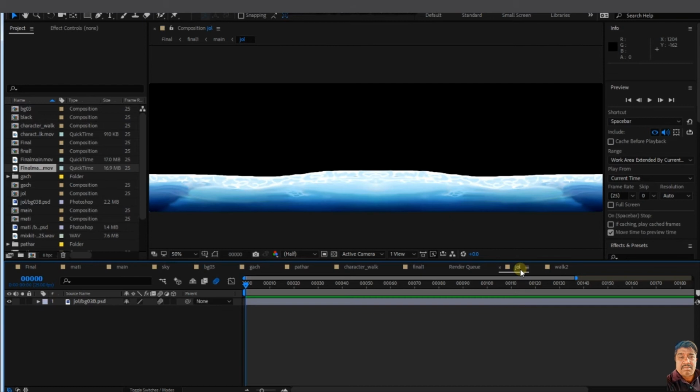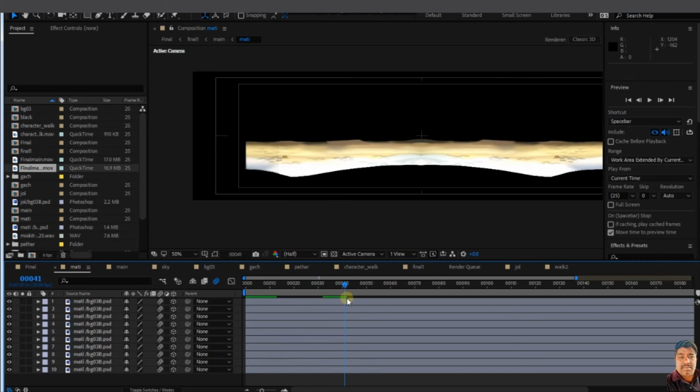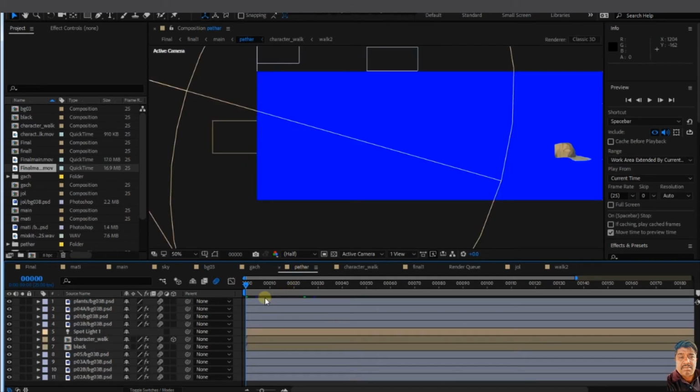Means this is my water composition. Base, I make an animation to it. It is like this, and then all the stone I make here.